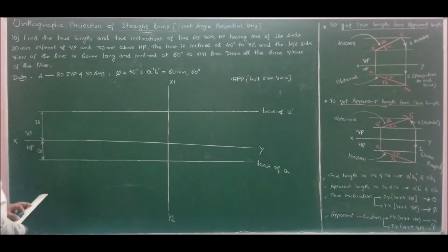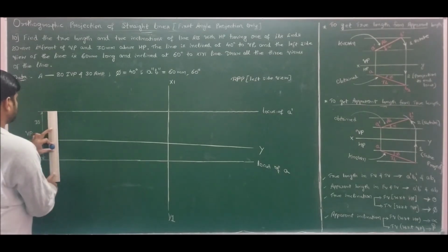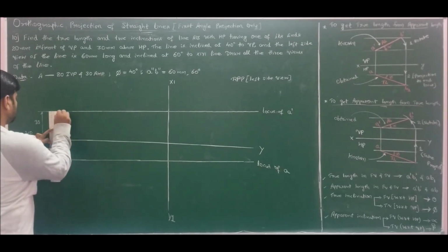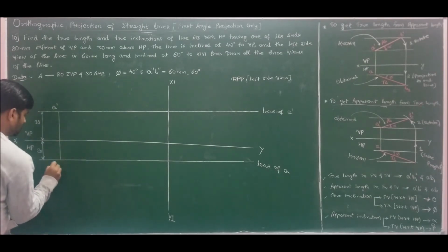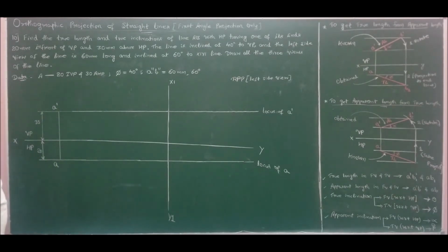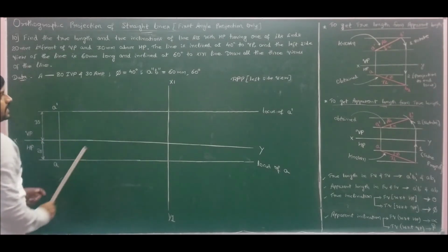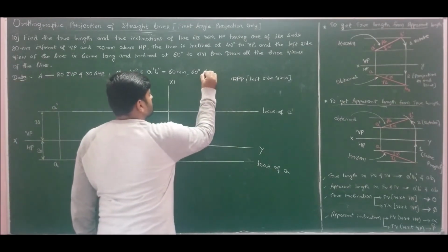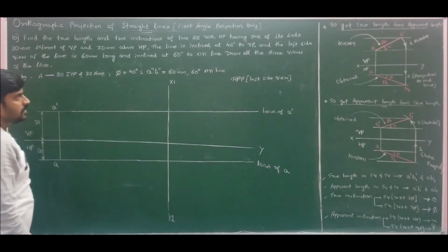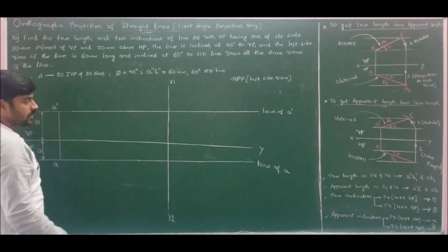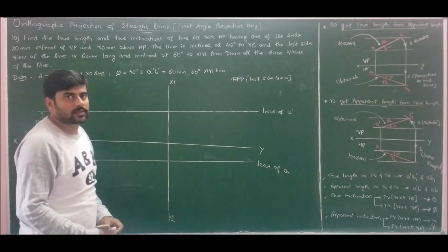Now let us start the problem. I should fix A and A dash. So let me fix A and A dash first by taking the projection. Take the projection and fix A dash and A. He has given the side view for us, which is 60 mm inclined at 60 degrees to the x1y1 line. Now in order to extract the side view, I should always have a 45 degree line in the horizontal plane. This you people already learnt in orthographic projection of points.